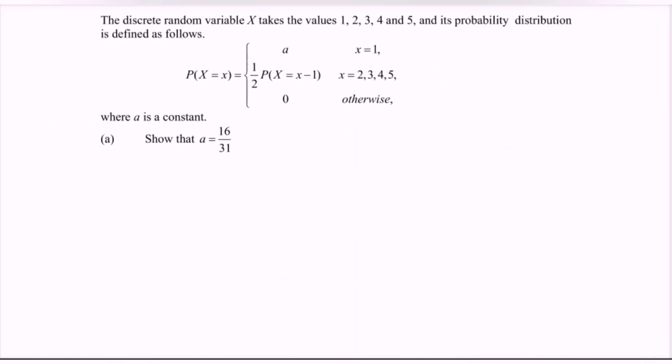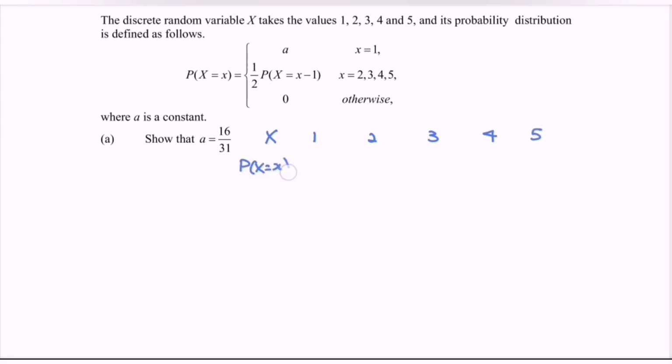Hello everyone, in this video I'm going to discuss the topic about random variables. The discrete random variable x takes the values 1, 2, 3, 4 and 5 and its probability distribution is defined as follows. So kindly refer to the situation. Here x is the random variable and we have 1, 2, 3, 4 and 5 and we have the